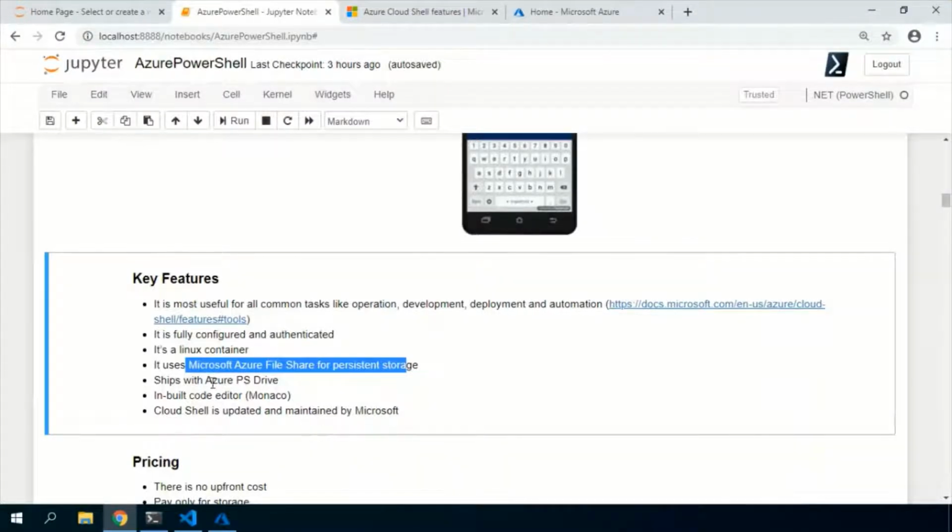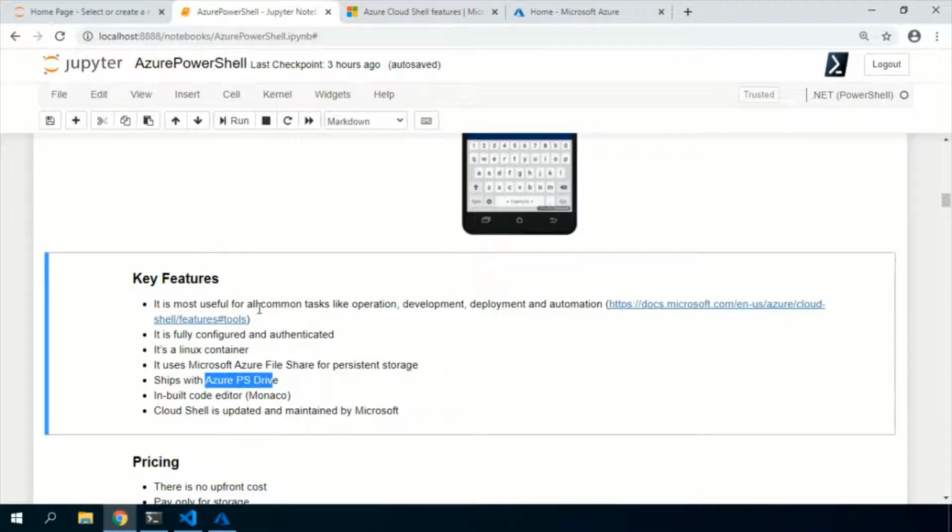Right, and another advantage of the Cloud Shell is the code editor. Of course, there are a couple of code editors like vi and nano, but in those editors we can't see the code syntax highlighting. We can only go through the script. With the other code editor called Monaco, which is also an open source project, and PS Drive is an open source project too.